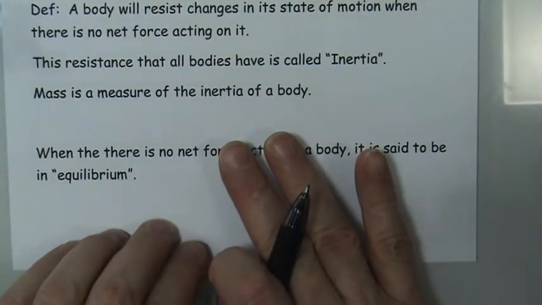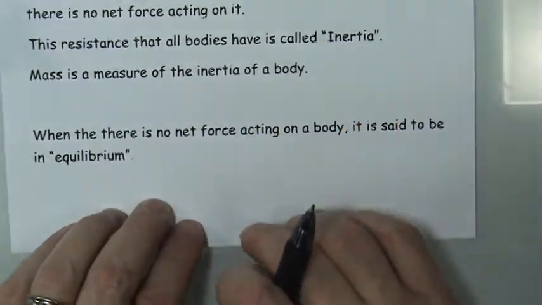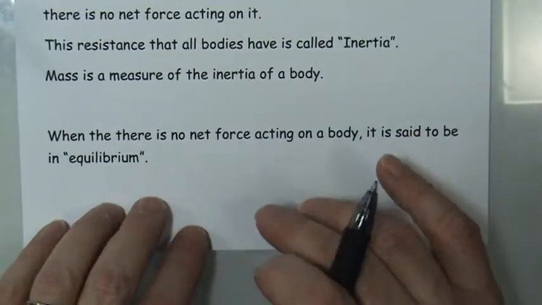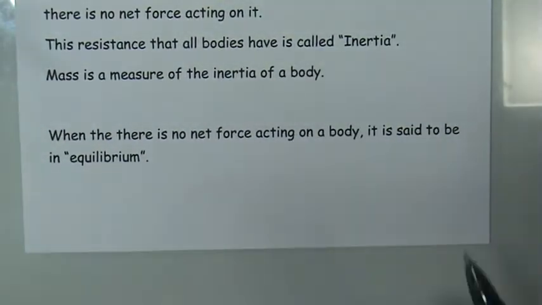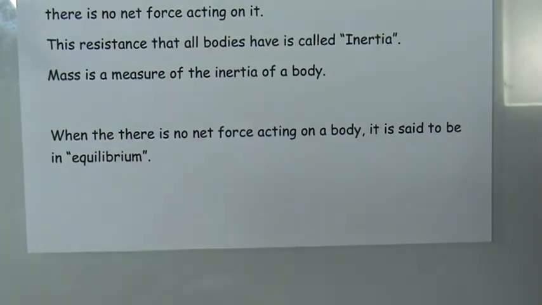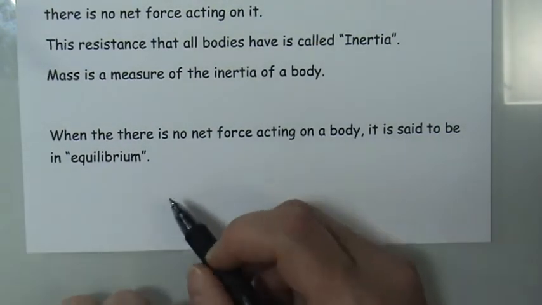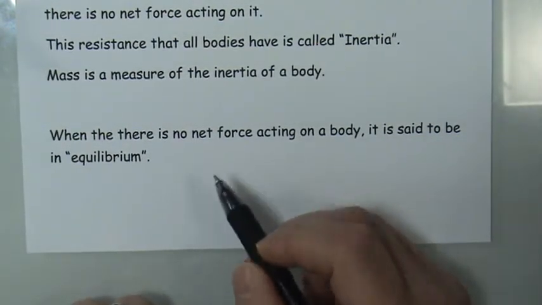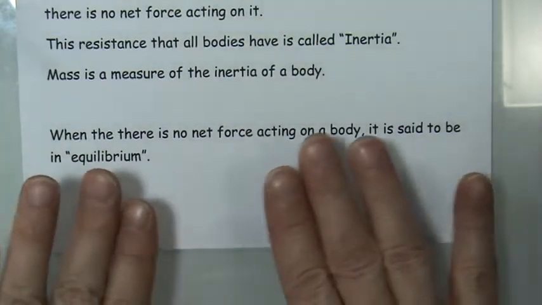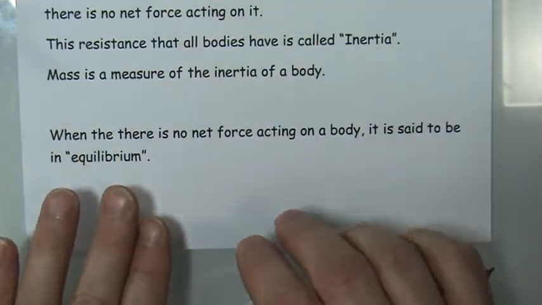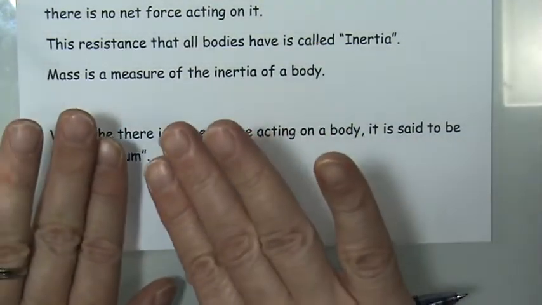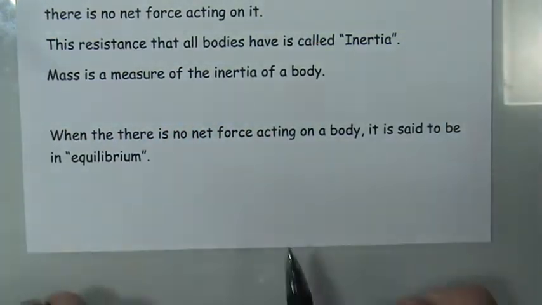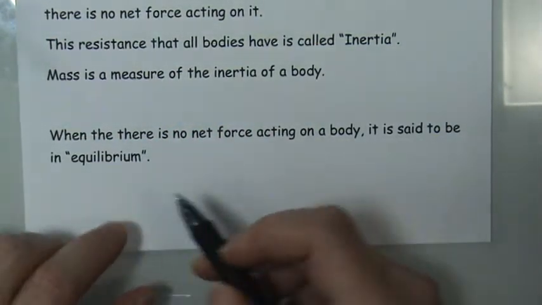The last thing I just want to point out about the first law before we look at some examples is that there's a term for when the forces are balanced, and this term should really make sense. That is the term equilibrium, to say that the two forces are equal to each other, or maybe there's more than two forces. Maybe there's 3 or 4 or 5 forces. You add up the positive forces and the negative forces, and they add up to 0, then that object is said to be in equilibrium.